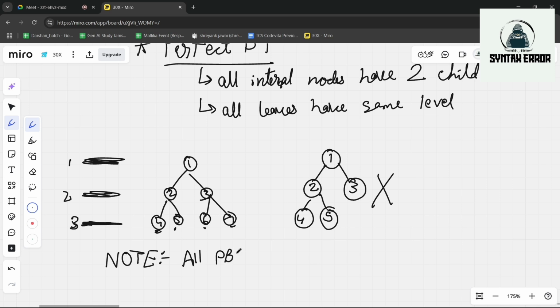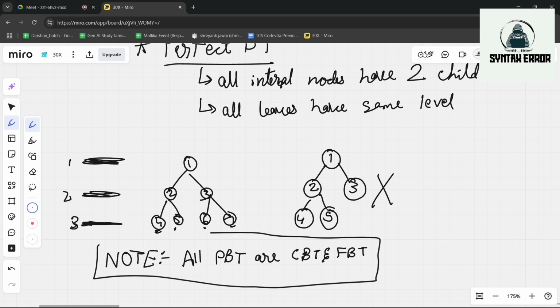All perfect binary trees are complete binary trees and full binary trees. This note you should remember throughout the concept of trees. So all perfect binary trees are considered as complete trees and full trees, because what is the